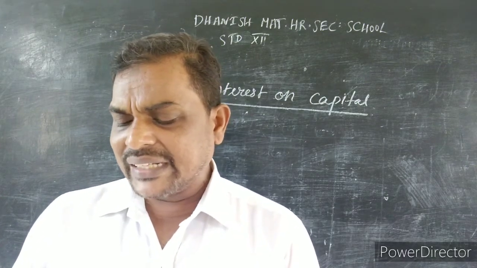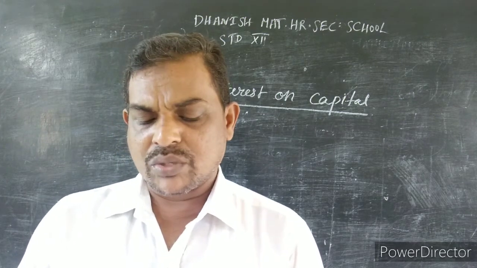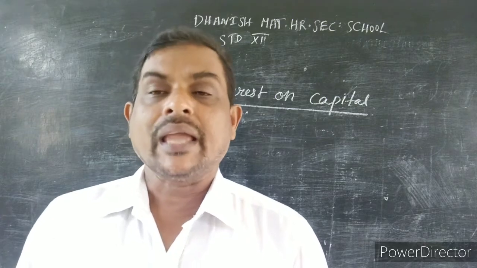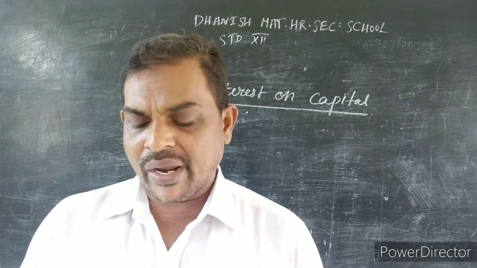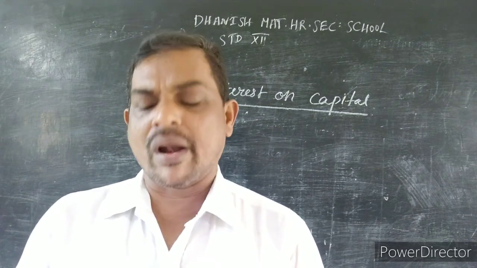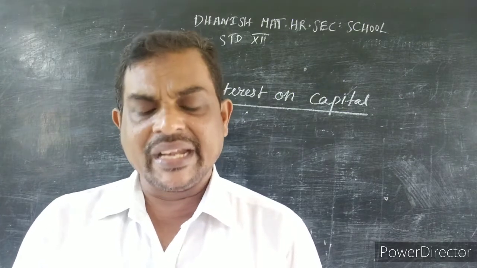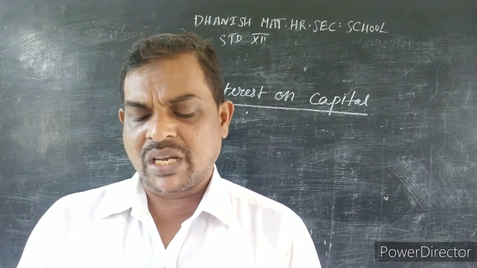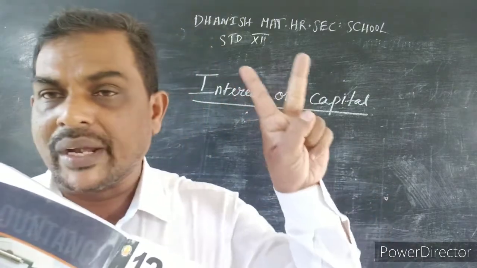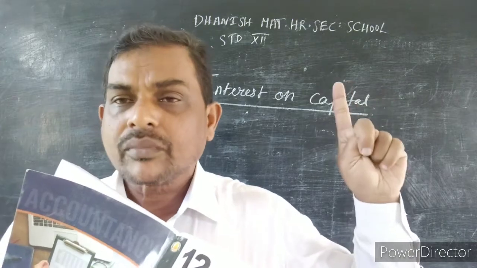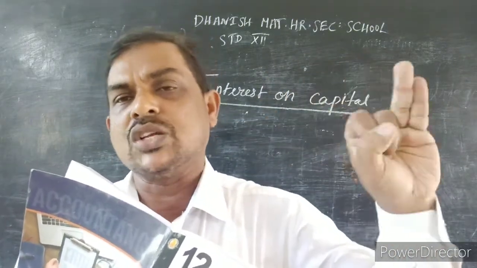On 1/4/2017, and their current accounts show credit balances of rupees 10,000 and 5,000. They have given the capital account balance as well as the current account balance. Now, what are we going to calculate? Calculate interest on capital at 5% per annum for the year ending 31st March 2018 and show the journal entries also. If they ask for journal entries, you have to write the 2 entries I have told you so far. The 2 journal entries mean you have to write the adjusting entry and the transfer entry.